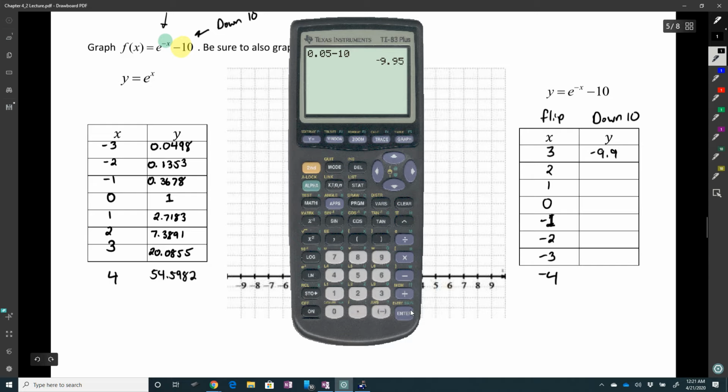These are just approximations. 0.14 - 10 is -9.86, 0.37 - 10 is -9.63, 1 - 10 is -9, then e minus 10 is 2.72 - 10,